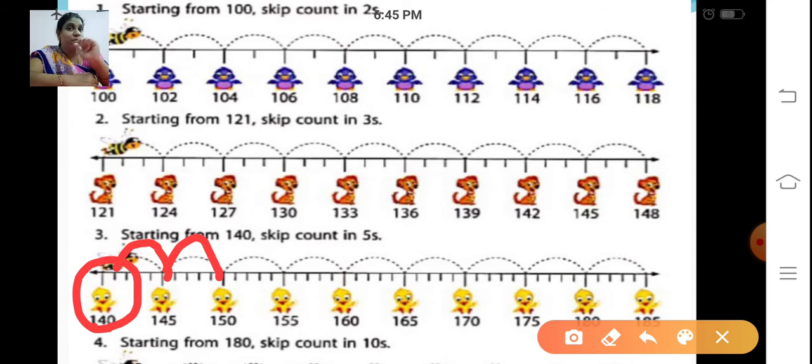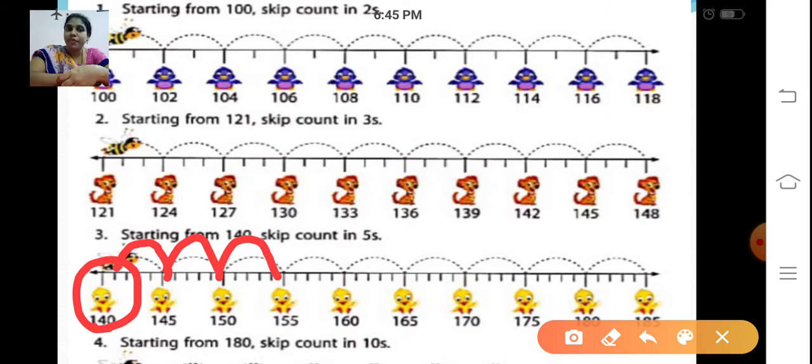Yes, you have to add 5 more so that it will skip to the next number. Because it is skip counting in 5s, right? So from 150 to which number will it jump now? Tell me now. 151, 152, 153, 154, 155. It will directly jump to 155. So the honeybee will jump from 140 to 145 and it will move to the next flower. 145 to 150.